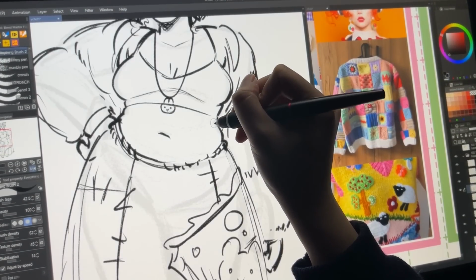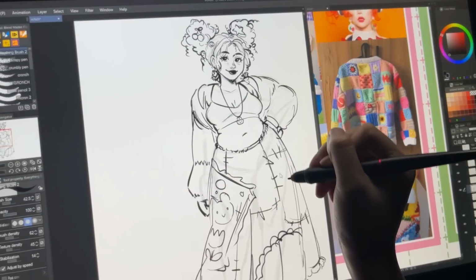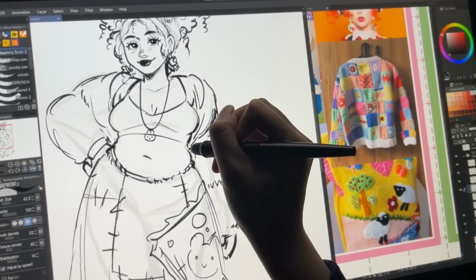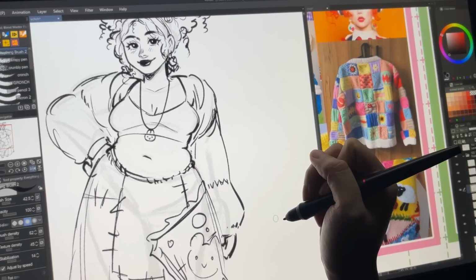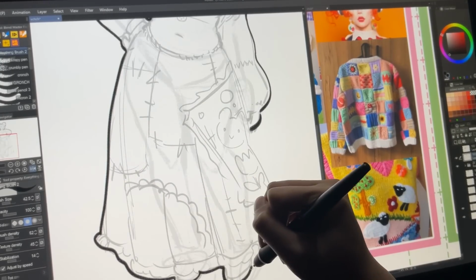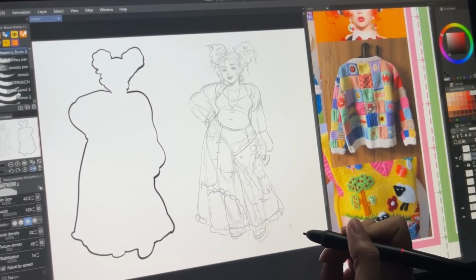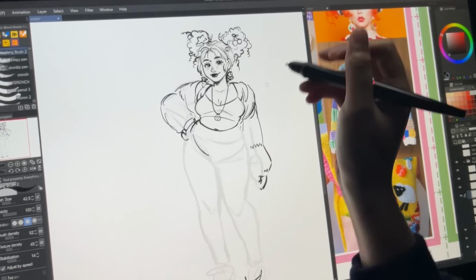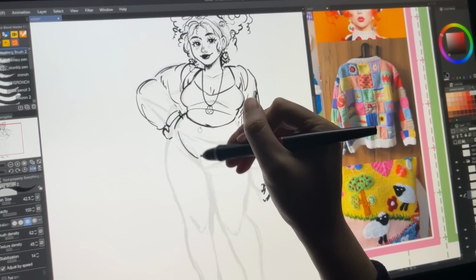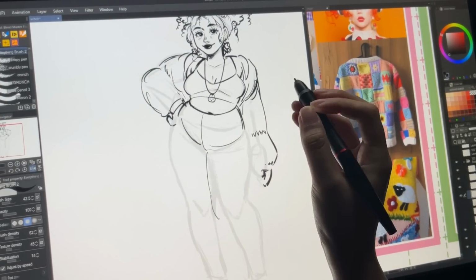And this is definitely where gesture drawing would have come in handy, because I would have understood how to draw the folds of fat better on the side of the stomach. And then moving on, I kind of wasn't liking the skirt, and the silhouette still felt boring here. I outlined it a little bit, and so I decided to give her some pants that were kind of bell-bottom to create a more interesting silhouette.